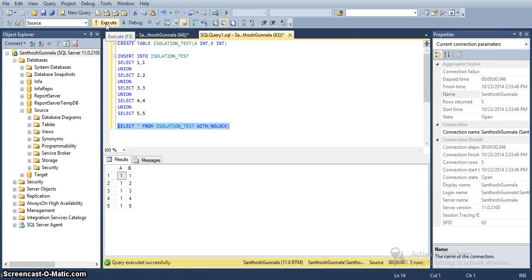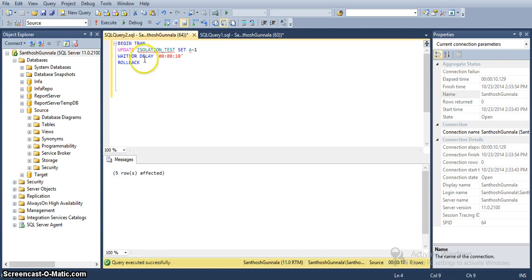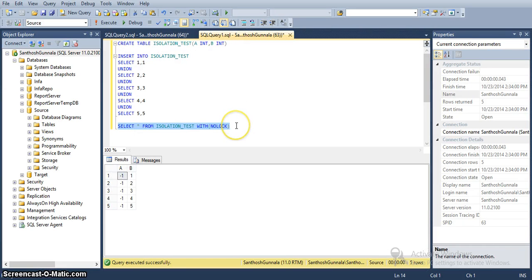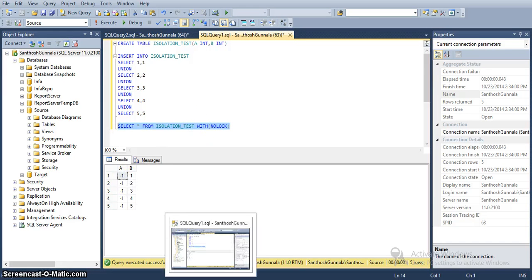So the data is now 1, not -1, meaning the data has been rolled back. This is a dirty read. To avoid this, we can go for other isolation levels. If we use WITH (NOLOCK), we can see the dirty reads from the database.